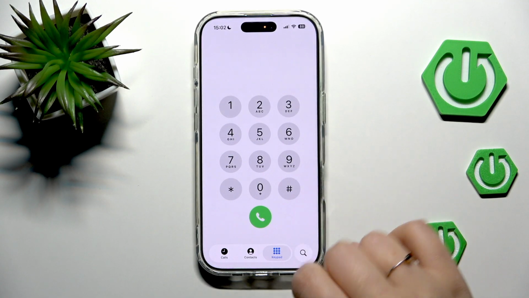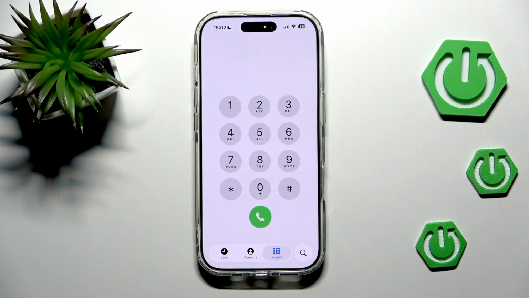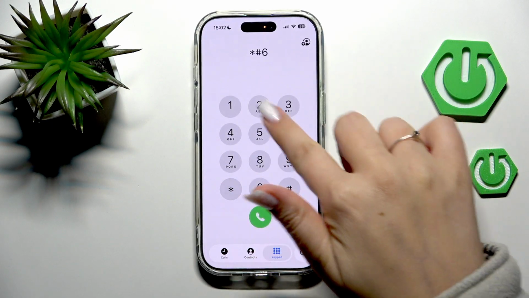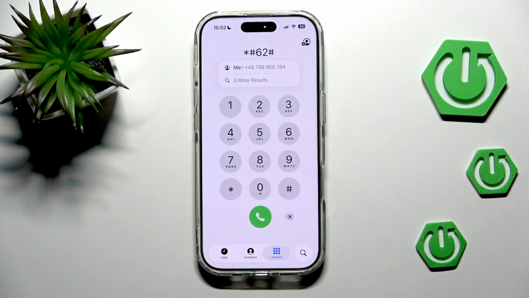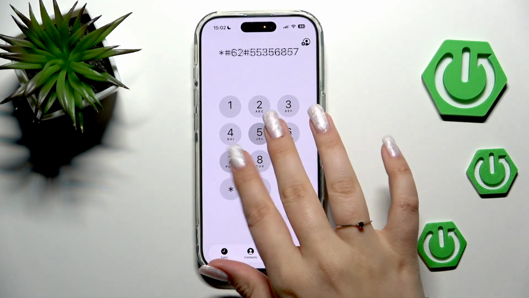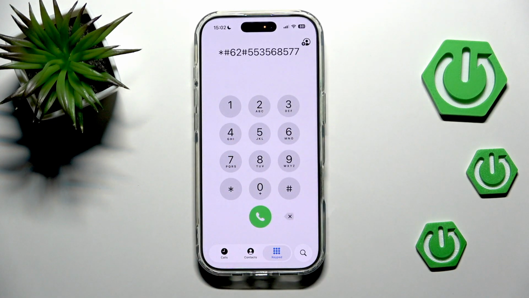Another code which is actually similar to the previous one is *62#, and it also should be followed by the phone number you want to forward the calls to, for example this one. However, your carrier will forward the calls only if your phone is unreachable. So if you're out of signal and someone cannot really connect with you, then your carrier will forward the